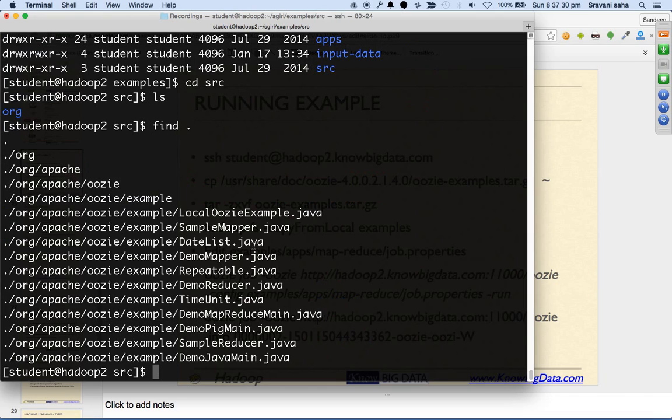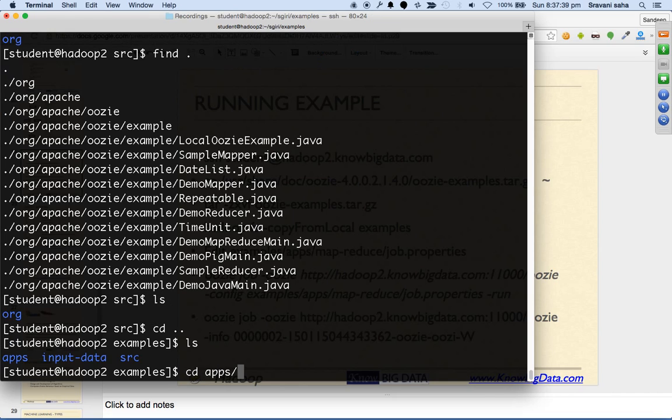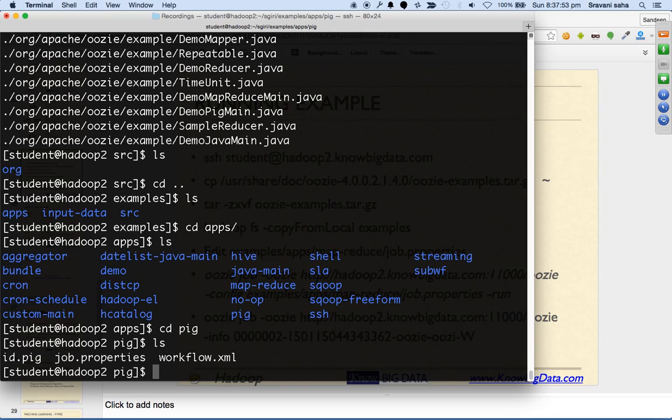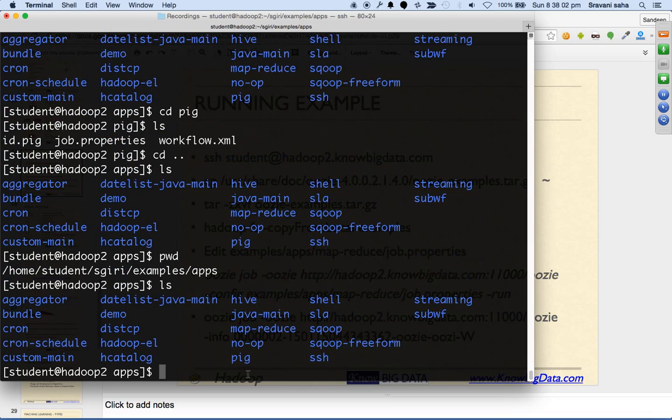So this is my MapReduce example. Okay, this is one example, and other than this, we have some more code. Say for example, something is written in Pig, something is written in Sqoop, something is written in Shell, and so on. Okay, so for example, this is your project. It has the example of everything, but ideally there will be only one. Okay, so here you can see there are these apps where,